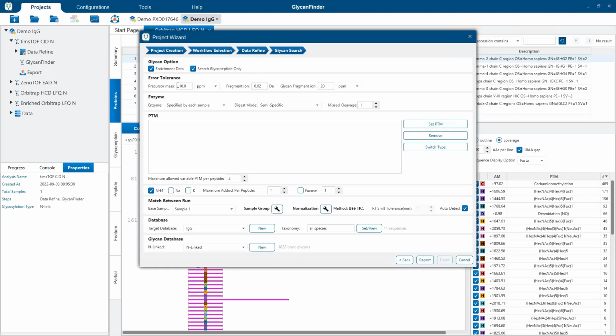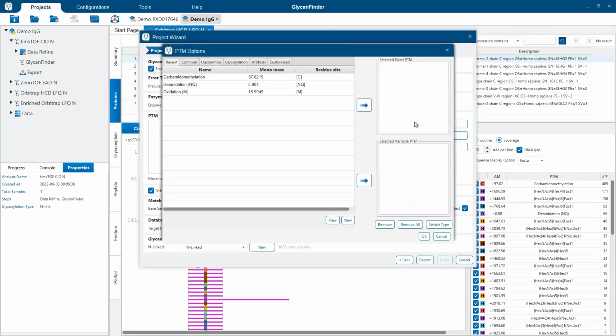And then you just have your error tolerances. The only difference here is that we have an error tolerance that's specific for the glycan fragment ions. And then specify your PTMs. So I'd just like to point out what's most important here is that these are the PTMs other than glycosylation that we're looking at.